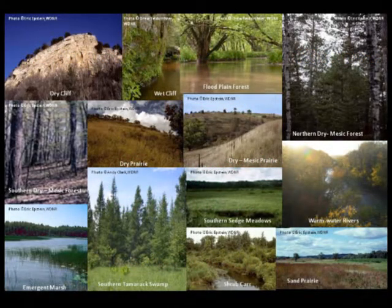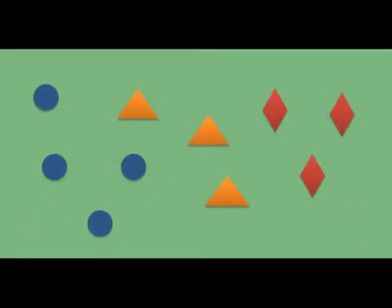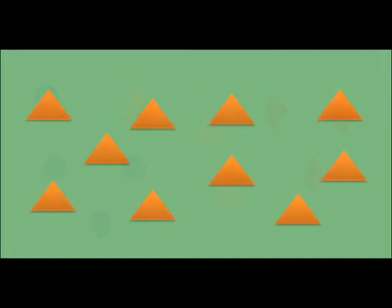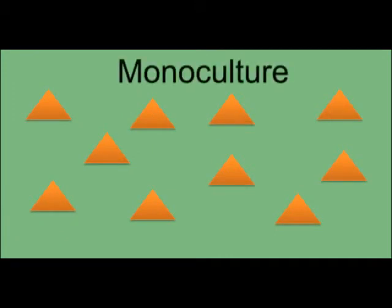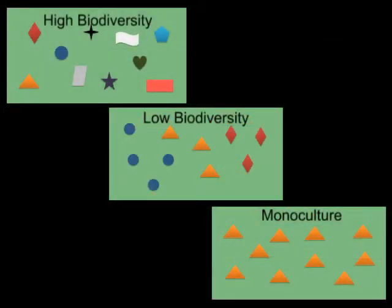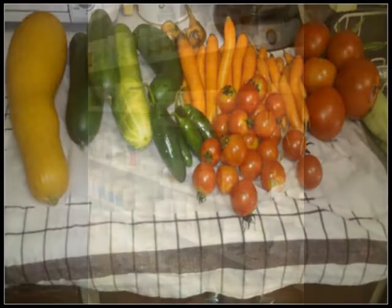The LCRB has high biodiversity because it supports many different species. Smaller areas that provide less diverse habitats have low biodiversity because they can only support a small number of species. When only one species can survive, biodiversity is at its lowest, and a monoculture is created. Biodiversity is important to us because we rely on hundreds of different species to provide us with food, medicine, and